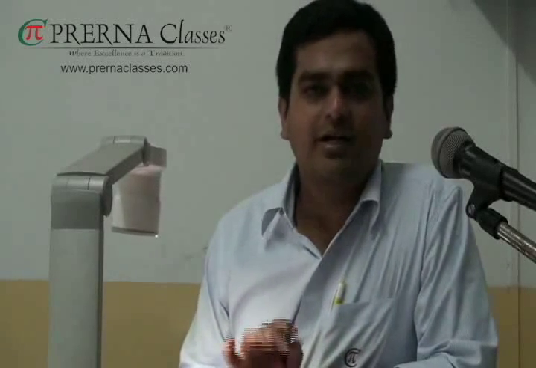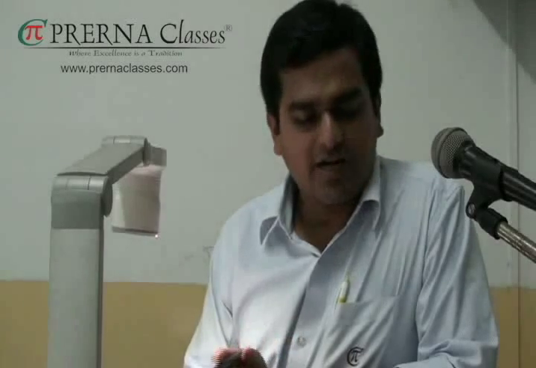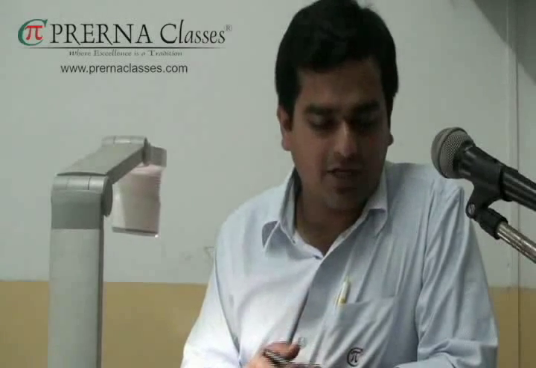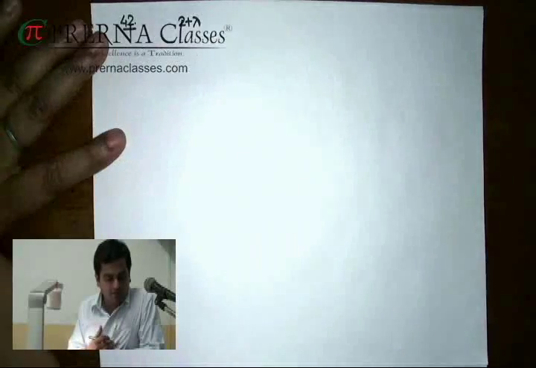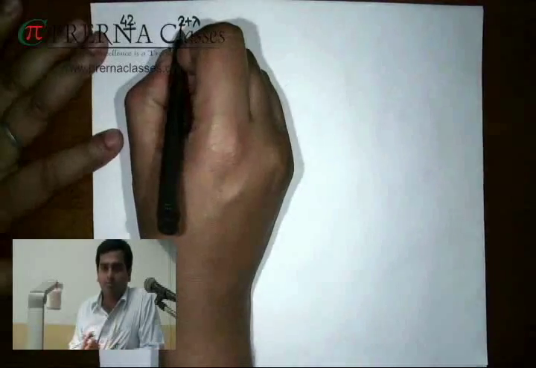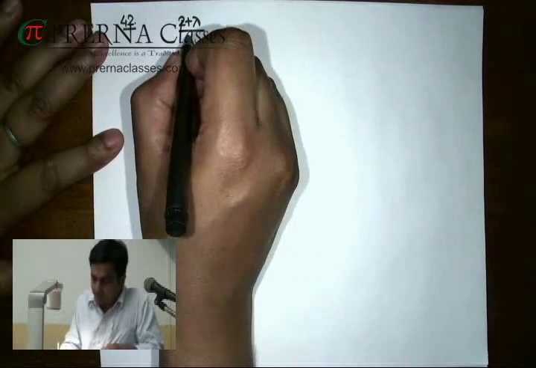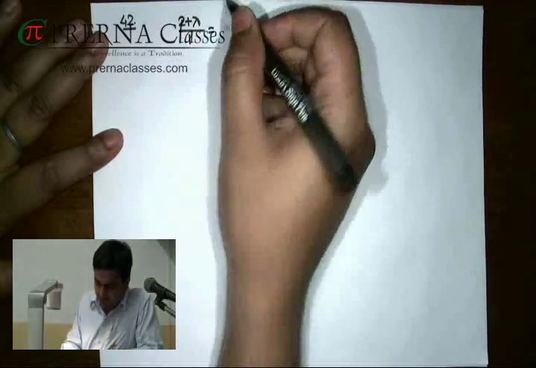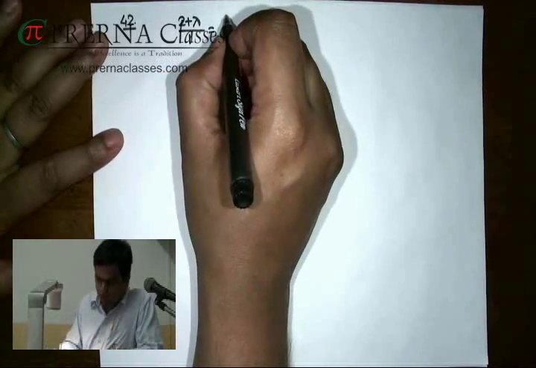Fine, in the next problem, it is given to you that you have to write down a plane which contains the line of intersection of two given planes and that is parallel to some third plane. Clearly, when you are dealing with such a problem, family of planes would be the best way in which you can deal with it. If I consider the family of planes using the help of the first two,